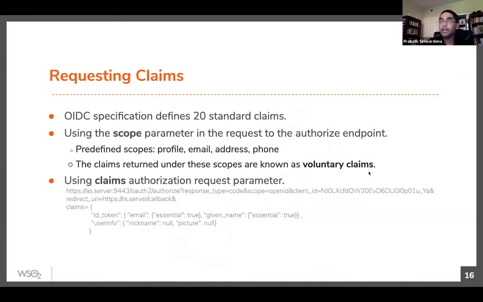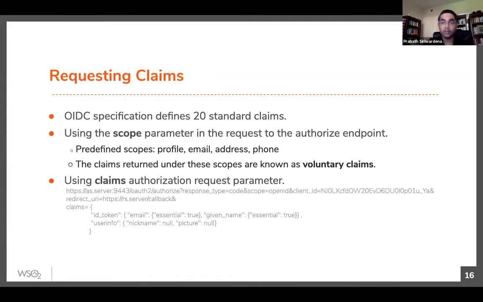Now in OpenID Connect, there are two main ways of requesting attributes. One way is through the scope parameter. OpenID Connect itself defines 20 standard claims, and they group those claims into 4 categories under 4 different scopes. That means if you look at the profile scope value, this string value is associated with a set of other attributes.